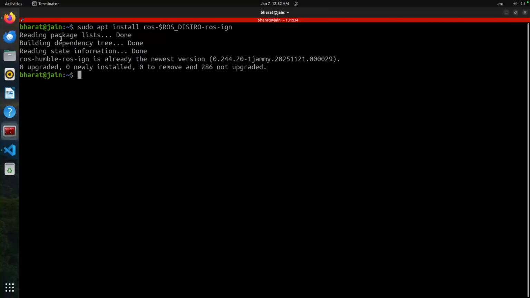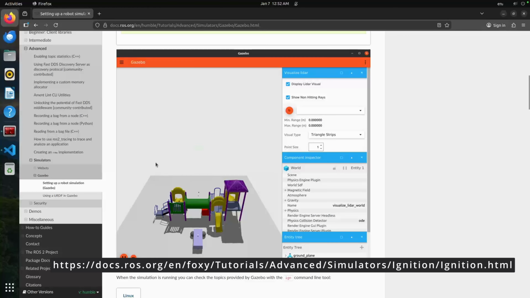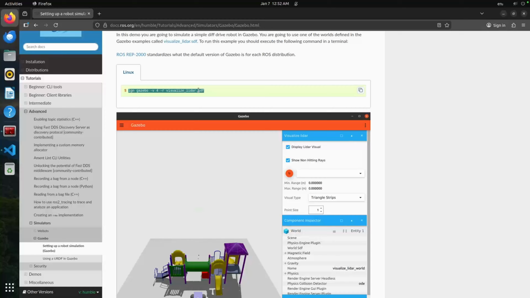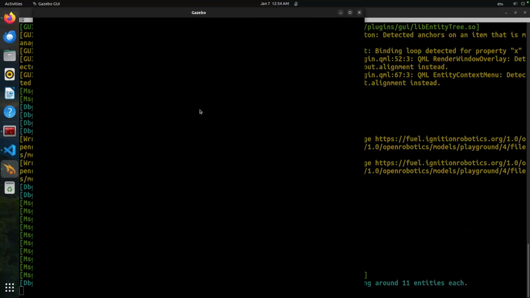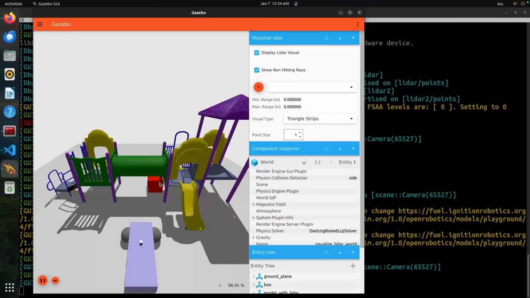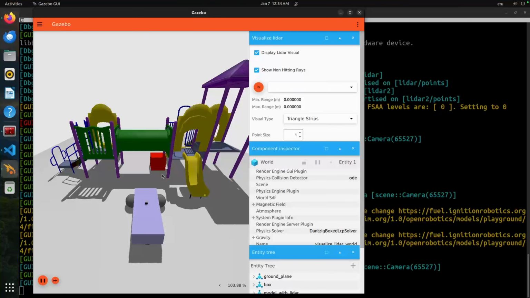Now, in order for you to test your installation, go to this link in the ROS 2 documentation where you can launch a sample simulation using the command. So let's try to copy this. And you should be able to see something like this simulation where you can move it with your mouse. This indicates that you've successfully installed the Ignition Gazebo package on your computer and we are ready to now connect it